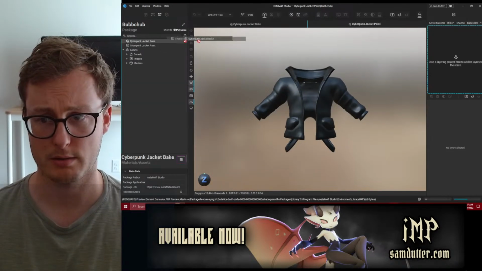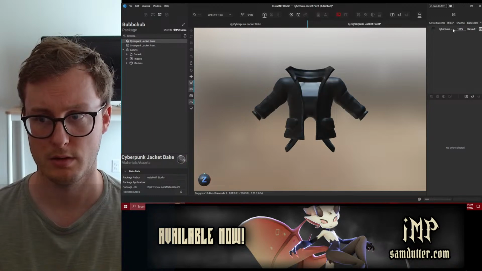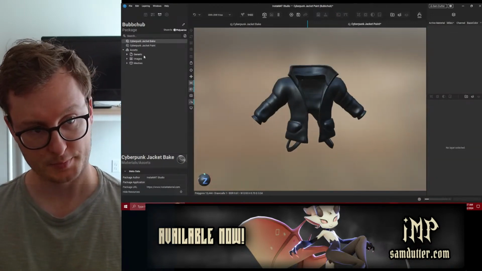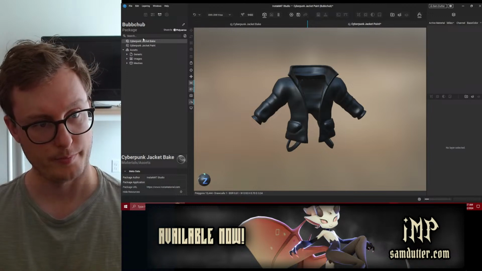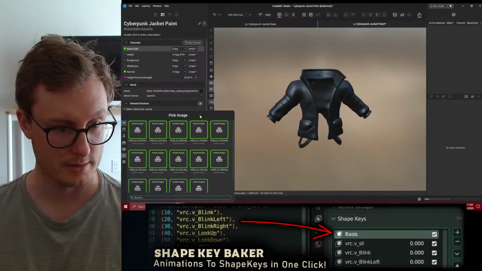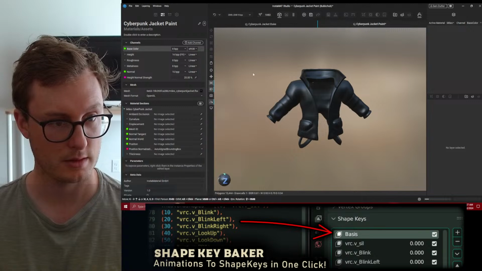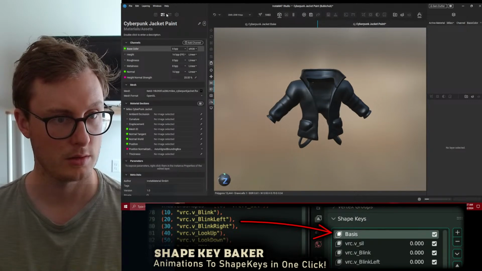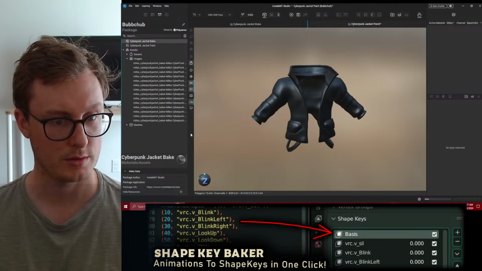Then I can drag the bake. No. But I should be able to at least get these in there. Let's double check that the images are